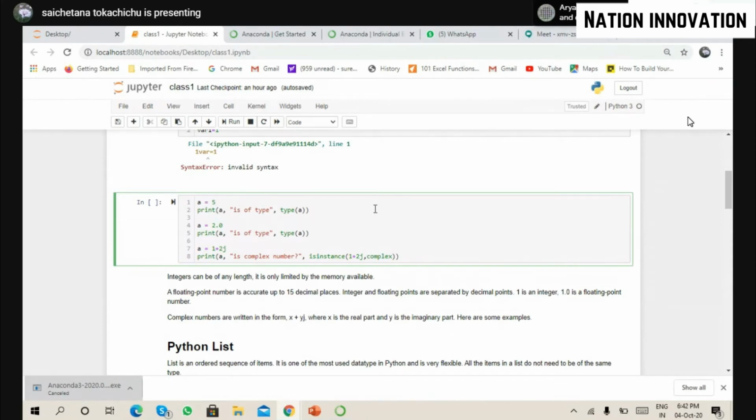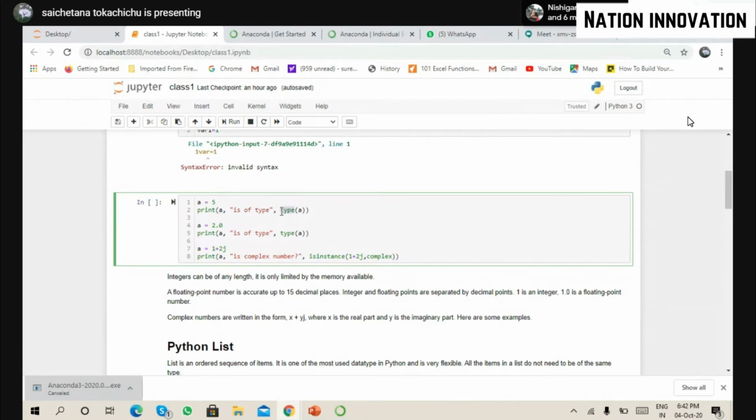So if you can see the syntax of print, I am printing a, and I want 'is the type of' as some kind of text, so I'm putting it in double inverted commas. For text in Python, we always put it in single or double inverted commas, whichever it is, the ending and starting should be the same. You need to keep this in mind.